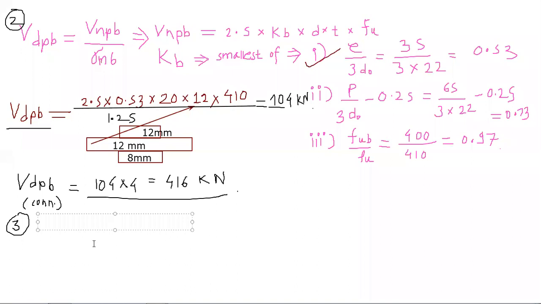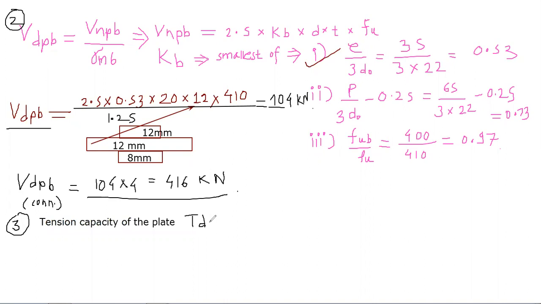Because at first you have calculated shearing capacity, then you have calculated the bearing capacity of connection, but your plate also may fail. This is about only the bolted connection, but what about the plate? Plate can also fail in this type of force. When you apply this type of force, your plate also fails, so you need to check it for the plate also, right? So therefore the tension capacity of the plate, that you need to calculate, and that capacity is nothing but your TDN.